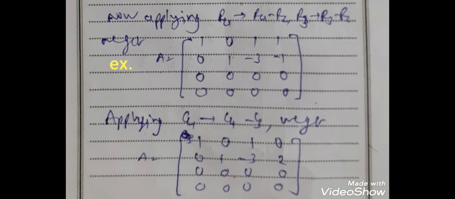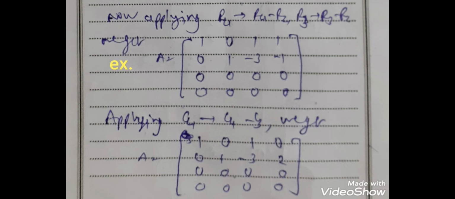So we get 1 0 1 0 in the first row, 0 1 minus 3 and 2 in the second row, and third and fourth row have the same elements, and all the entries of these two rows are 0. Now here we can see that the first and third column has the same element 1 at the first position. So if we multiply first column by -1 and add into third column, then first entry of third column will be 0. Other entries are as it is. So we get all the entries in third column which are 0 -3 0 0.